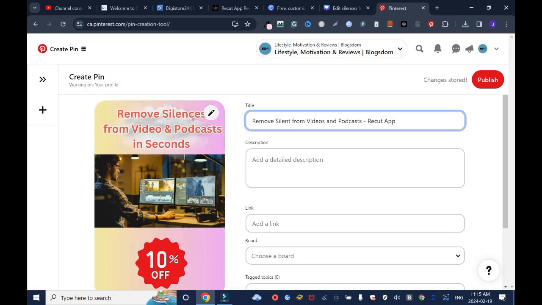But in this case, it's because I have the 10% discount. I'm not worried at all. I'm not bothered. So I'll leave it like that. This way, it's going to help me to rank on Google, at the same time rank on Pinterest. I'll say recut, put it into bracket. I need to add a description, so I'll